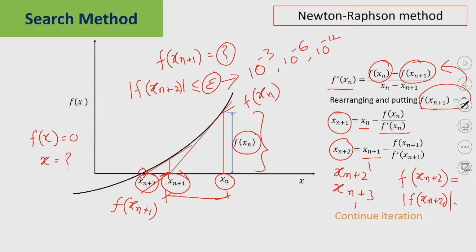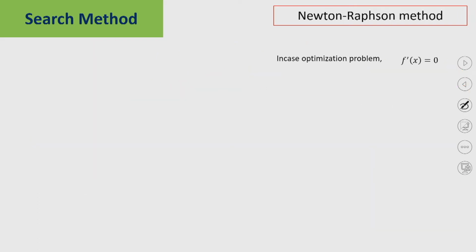So this is your Newton-Raphson method for finding the root of a function. Now I can apply the same technique for finding the optimal solution of a function. So how can we do that? In case of an optimization problem, the first derivative should be equal to 0. In case of a root finding problem, the function value is equal to 0, but in this case the first derivative is equal to